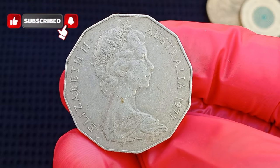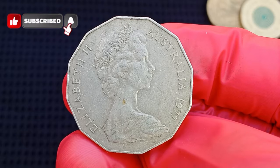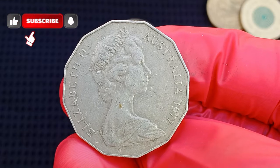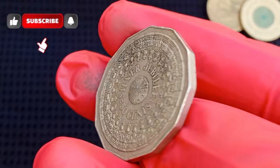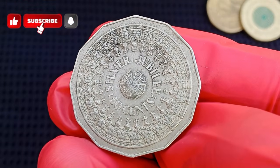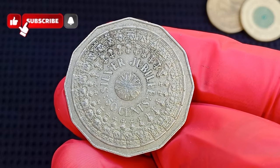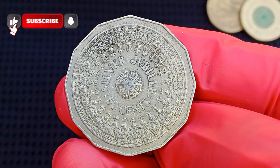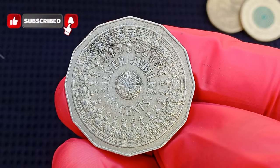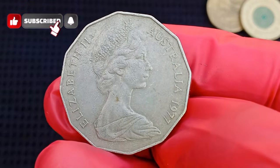You're standing at a supermarket checkout, counting your change. Among the coins in your hand sits an old Australian 50-cent piece. It's darker than the others, covered with strange black spots, and honestly, looks like the oldest coin in your pocket. Most people wouldn't think twice. They'd hand it over, walk away, and never realize they had just spent one of the most fascinating commemorative coins